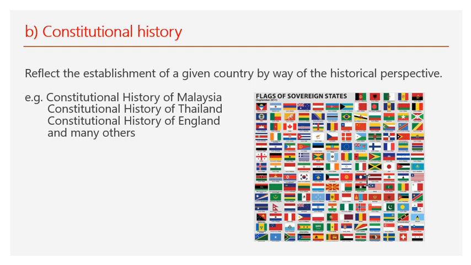Next is the constitutional history. If you look at the history for us, we have our constitutional history of Malaysia. This you have learned in your Consti 1 and Consti 2, and that is something that is very clear to you by now, in what way we have formulated our history with respect to the constitutional perspective in Malaysia. If I look at the constitutional history of Thailand, then you see the role of the king and the relationship of politics over there, which is slightly different because they were not being ruled by anyone, other than the influence of other countries, especially America in